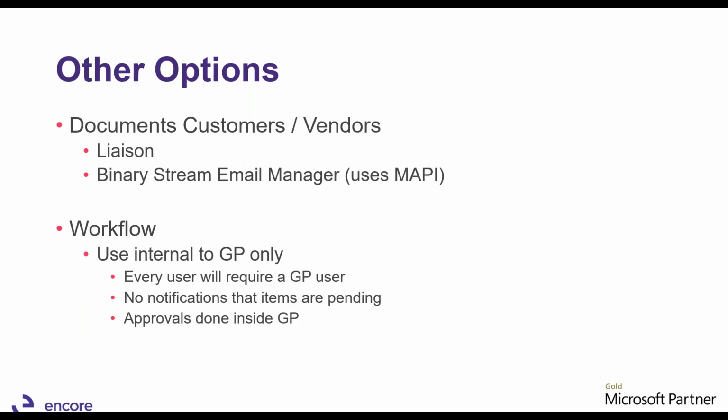Other options. There's Liaison binary stream. That one uses MAPI. That's another one that works for MAPI. And workflow. You can continue to use workflow if you use it internal to GP only. By that I mean, you would have to go into GP to see whether or not you needed to